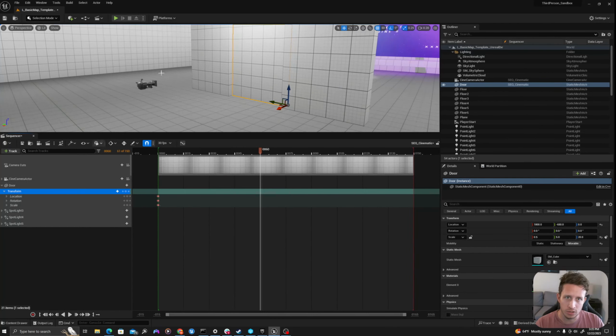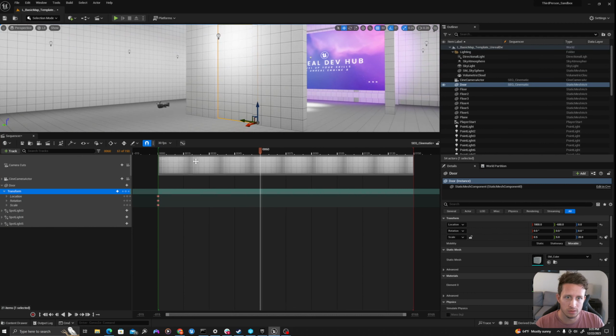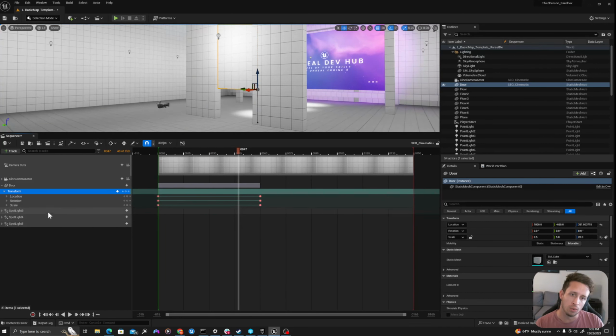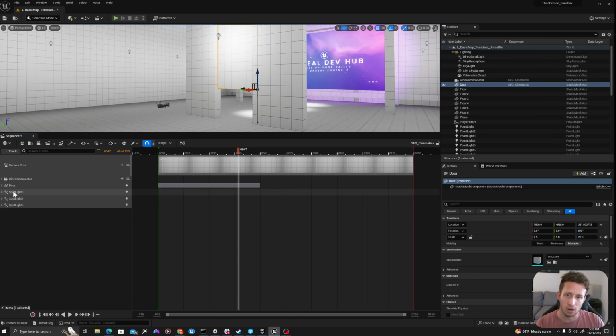And I'm going to, in my viewport, move it up in space. Let's say about that much. And I'll click the transform key button again, and it will save that value. As we scroll through here, and if I go to the beginning and press play by hitting the space bar, you'll see the door lift. So that's good for the door.